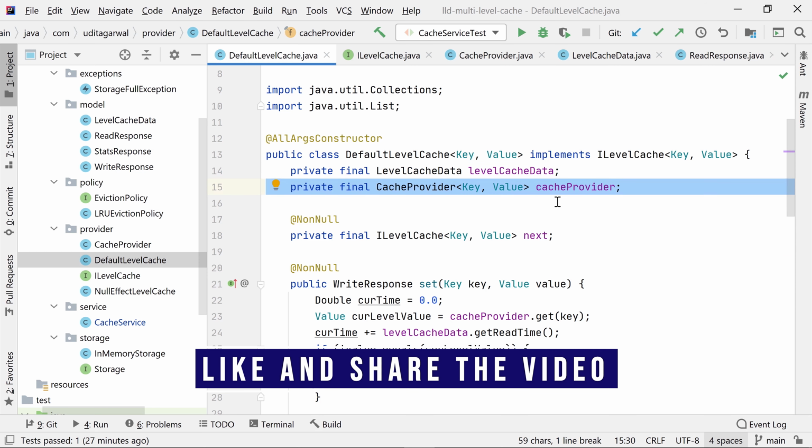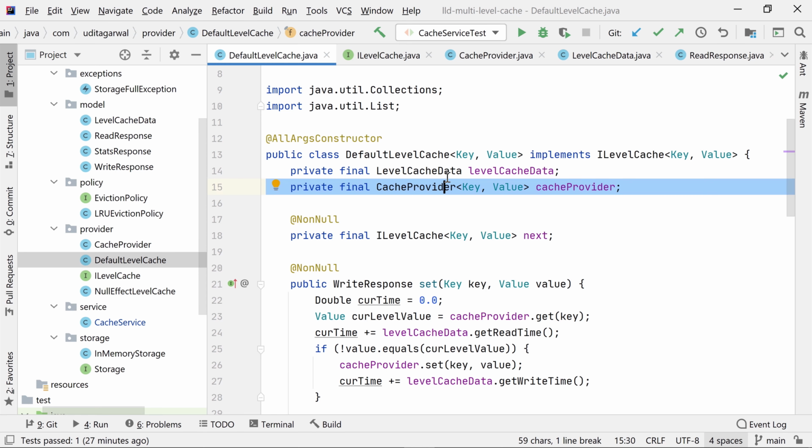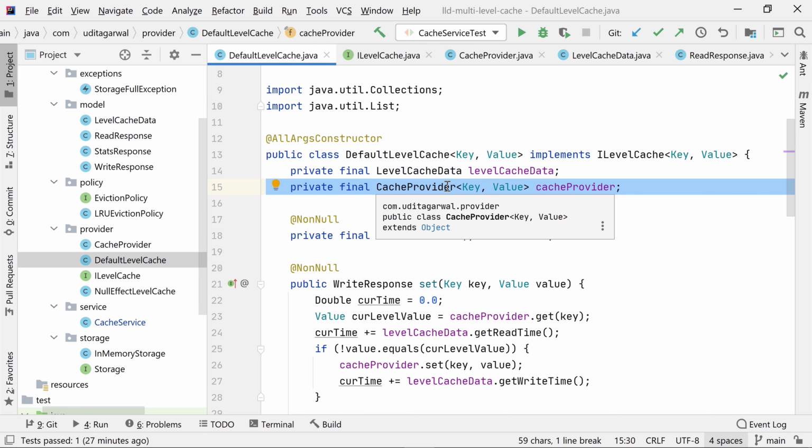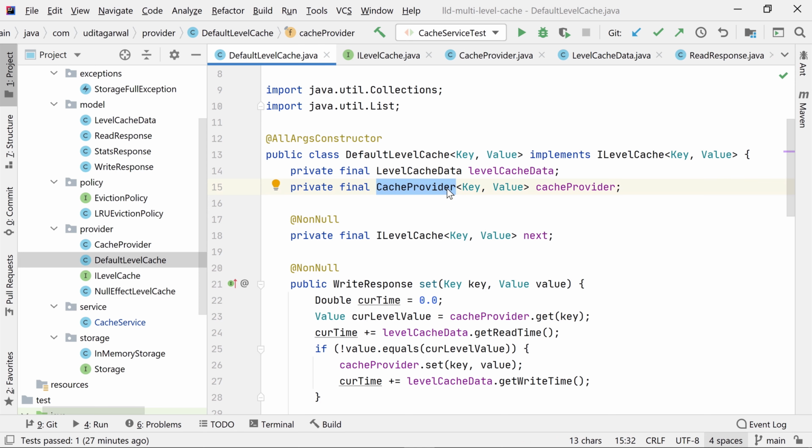So for each level, we have the cache provider where we will be storing the key and value that we get in the input, and then we have some data which is only specific for this layer, like read times and write times. And if you remember, I talked about capacity. I'm not storing it here, because capacity is actually the property of the cache provider. Let's say you are using in-memory cache at level 1 and Redis at level 2. Both of them, the Redis and the in-memory cache at different levels, will have that specific capacity that they are providing. So though it seems like a property of the level, it's actually the property of the cache at a particular level. It's not the property of the level itself.